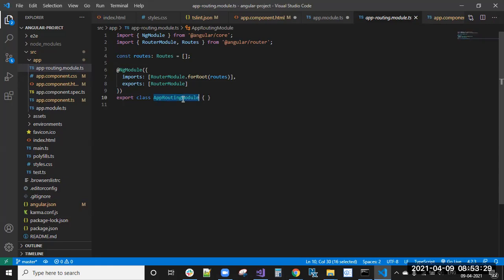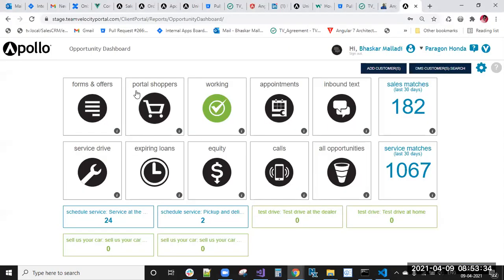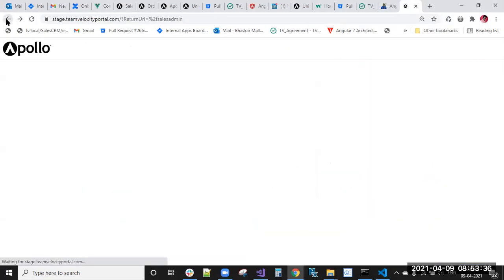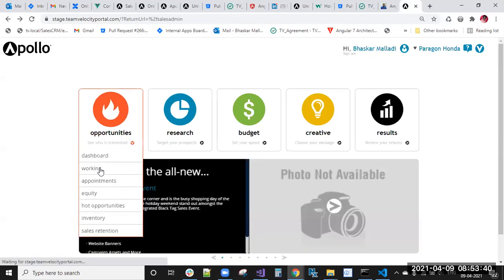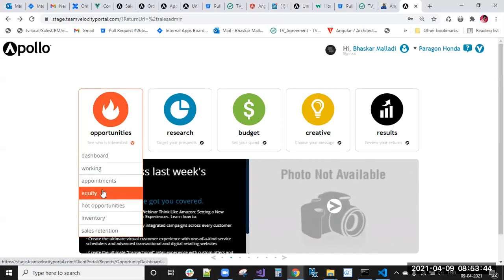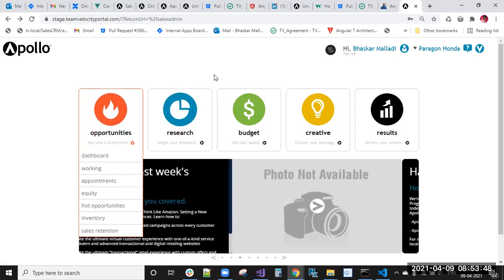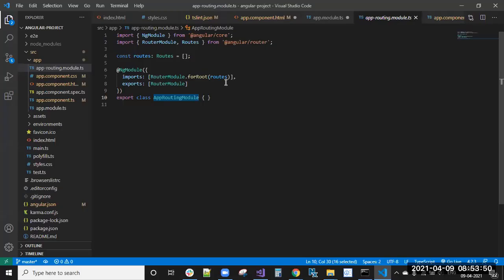You can create a number of routing modules also. For example, you can see here, this is one module, and inside it you have a number of components. These components also have their own individual routing, right? So for one module we can create one routing module also. You can import all the routing modules in the shared module and give the reference in the app module like that.